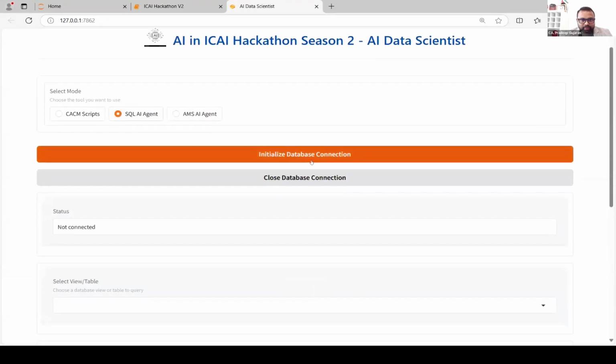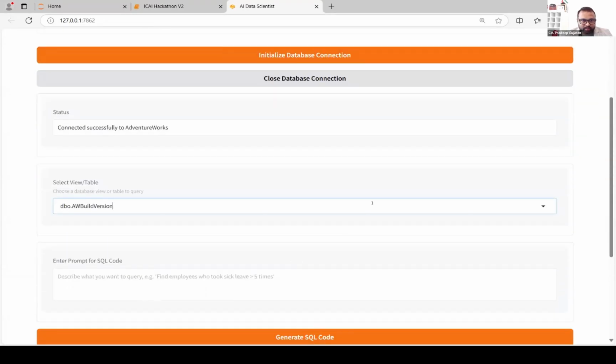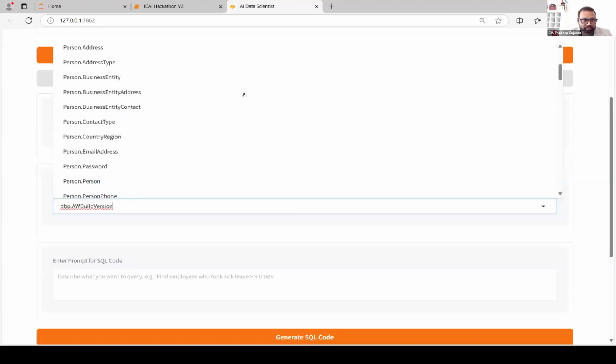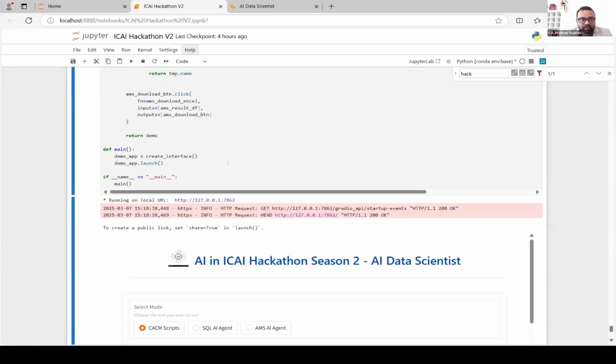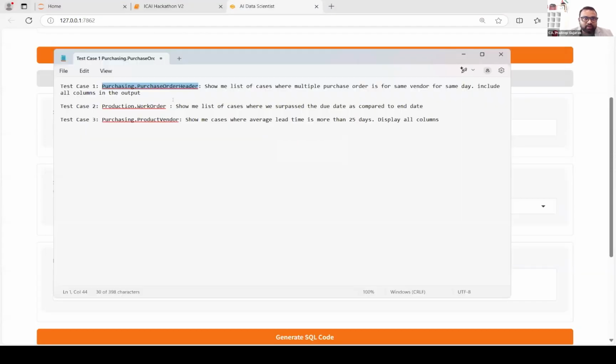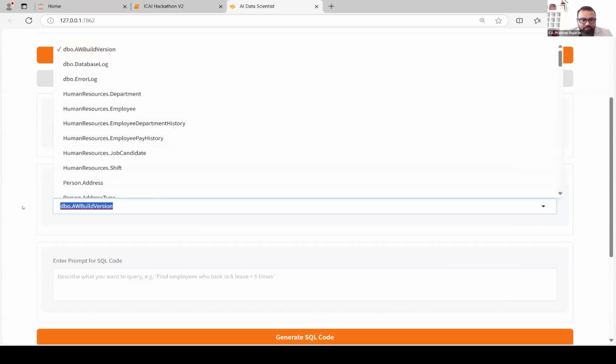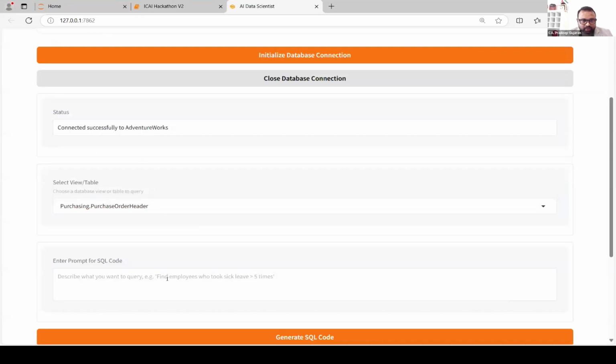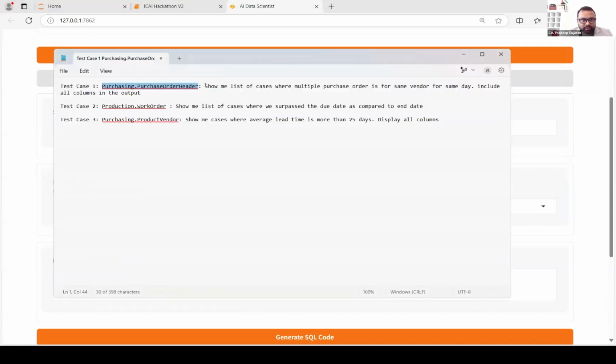Okay, I'm going back to my code. Okay, now it is connected again. And I will again access the same. Okay, I use this table now. Okay, now it is connected. And I will run this test again.